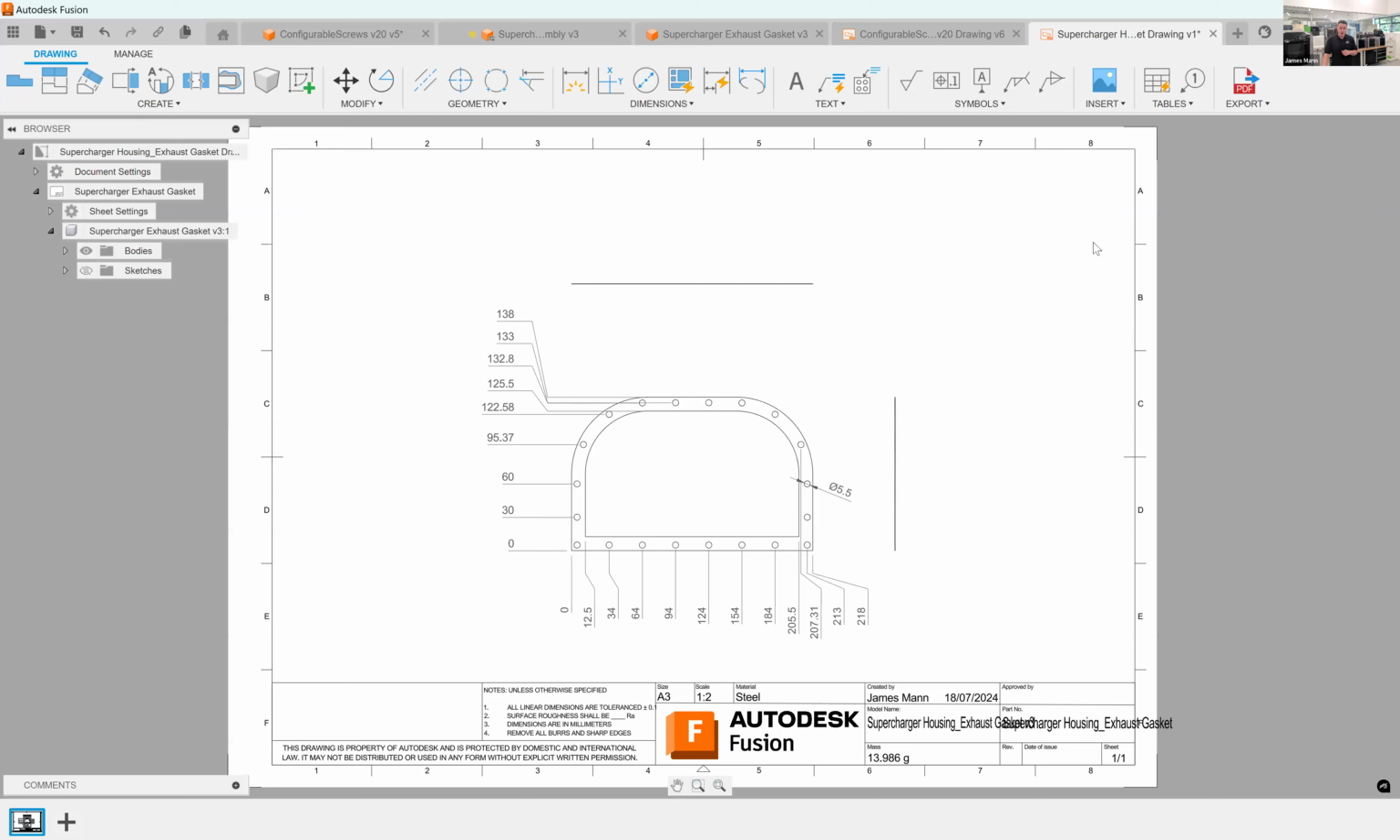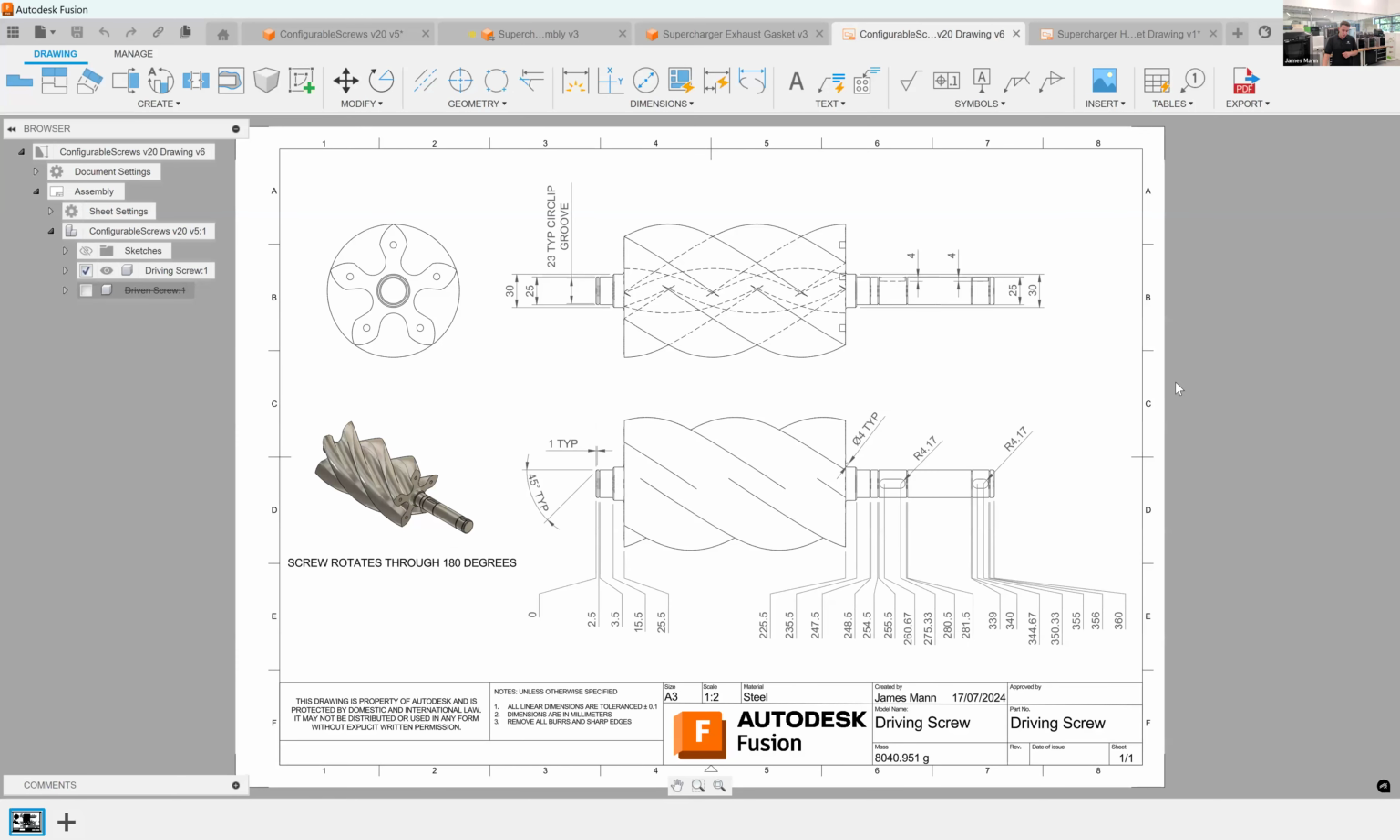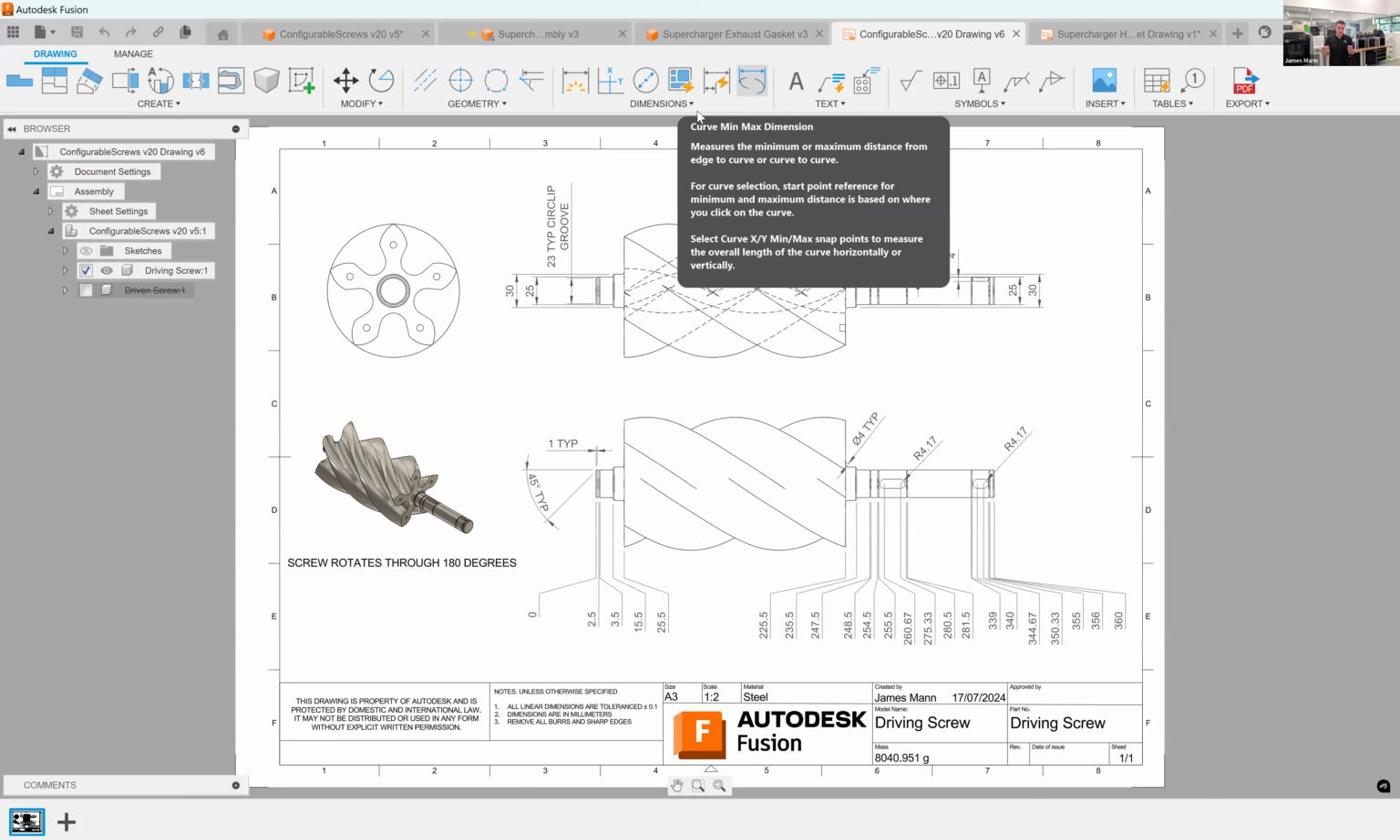Next up, and finally from me for the new features, or at least the new demos, is what we're calling the Curve Min-Max Dimension tool. Brand new tool in the dimensioning system in drawings. It really is going to be the Swiss Army knife for dimensioning curves. Specifically, if you want to get a minimum or maximum dimension, this new tool allows you to really dimension things